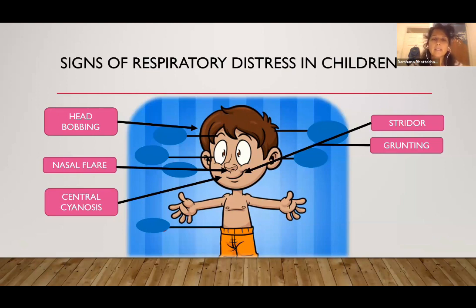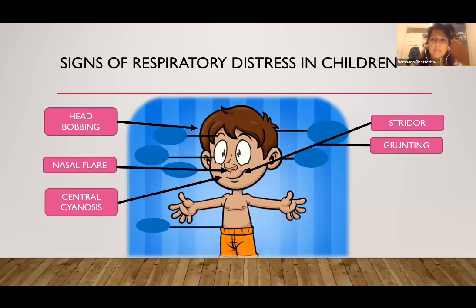Grunting, on the other hand, is an expiratory noise against a partially closed glottis. And this basically means that the child is trying to generate their own end expiratory pressure to keep the small airways in their lungs open in, for example, asthma. And it sounds a bit more like this. So a really forced sound. So if you notice the difference between the inspiratory and the expiratory noises,